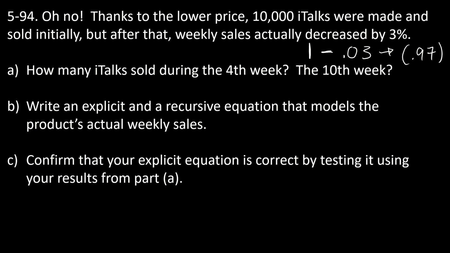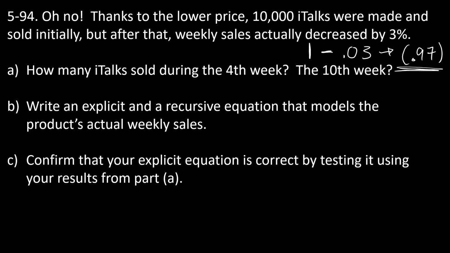Same thing here. I'm losing 3%, but instead of dealing with that, I'm just going to say, look, if I'm losing 3%, I'm keeping 97%. So 0.97 is a 3% decrease every single time. So if I wanted to run this out